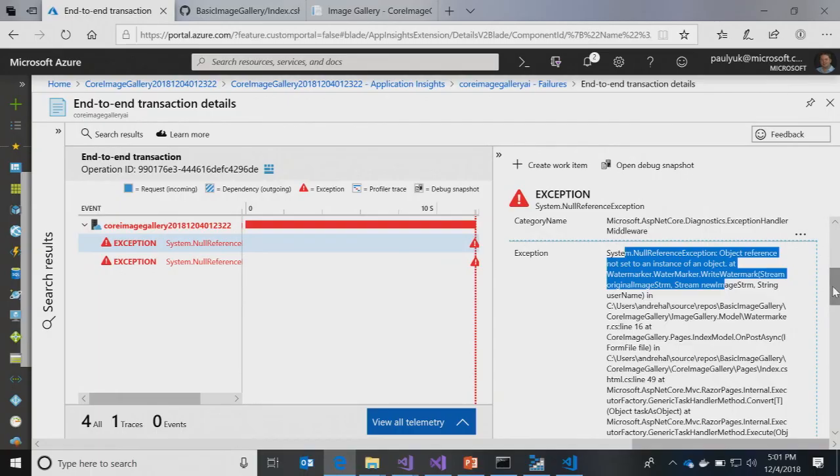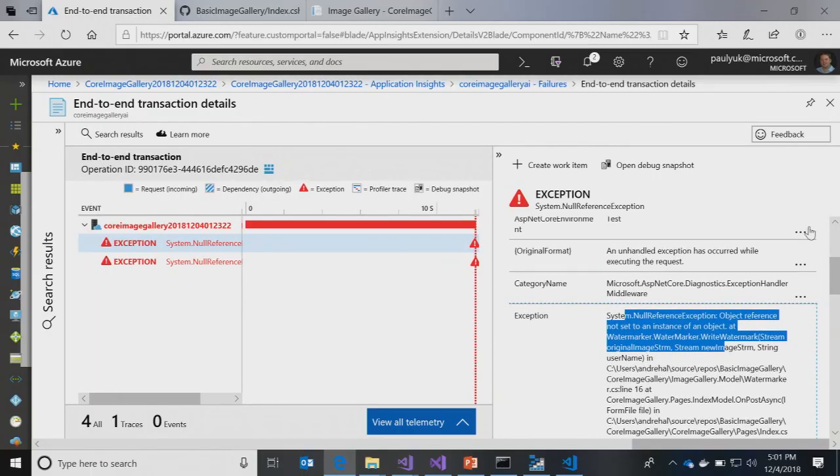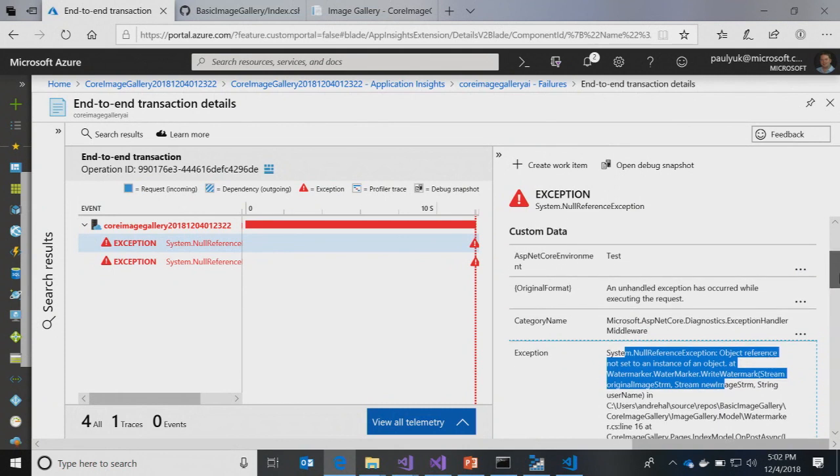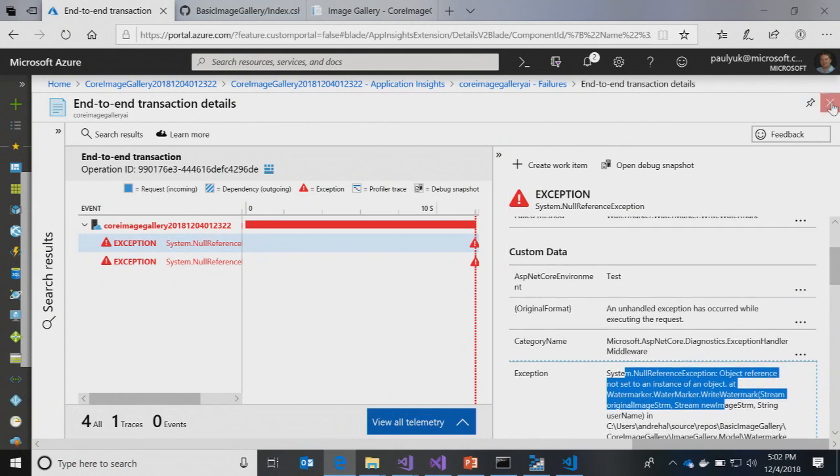All right, so we have a null reference exception. There is no object reference. Any ideas what this could be? I'll go look at it. You need more information? I could use a little more information. What else can you tell me?